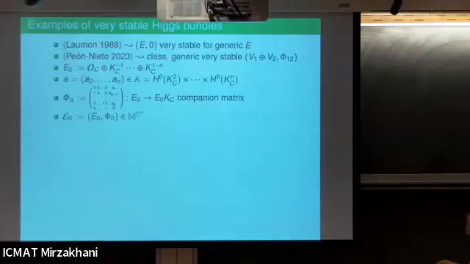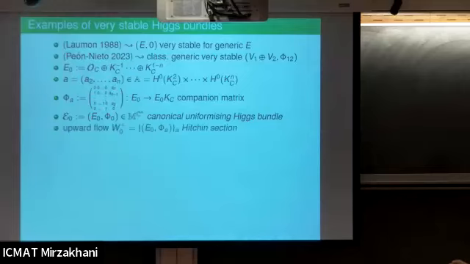Over zero, it's actually a famous one. So when all the a_i are zero, that's a nilpotent Higgs bundle, and that's called the canonical uniformizing Higgs bundle. It's somehow, in my mind, on the top of the nilpotent cone. That's the very top. And then it turns out that these other ones, where you allow for any base point in the Hitchin system, this companion matrix will give precisely the upward flow from this canonical uniformizing Higgs bundle, which is nothing else but the Hitchin section. And in fact, Nigel observed this when he constructed the Hitchin section, that this space has to be closed, the Hitchin section.